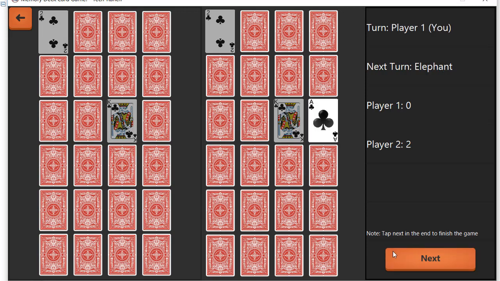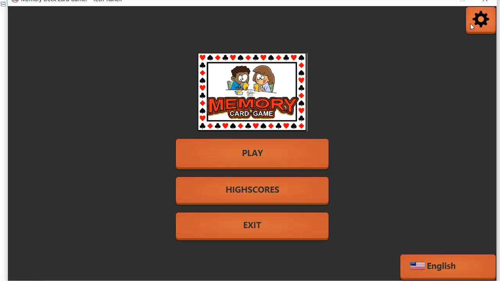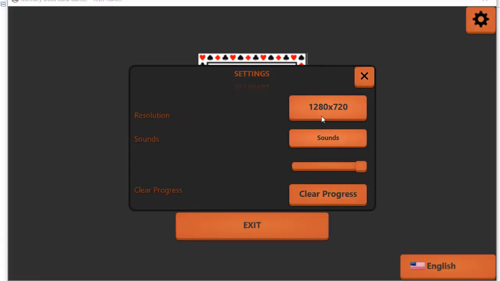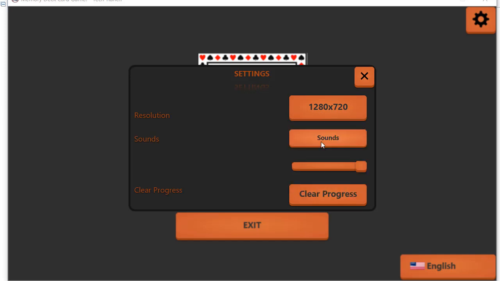how the battle will go on, and in the end you will see the points, who will get the big number will be the winner. This is how the memory deck card game works. You can have your music controls, settings. You can go to the settings. Here you can change the resolution, lower or higher, full screen or recommended, and